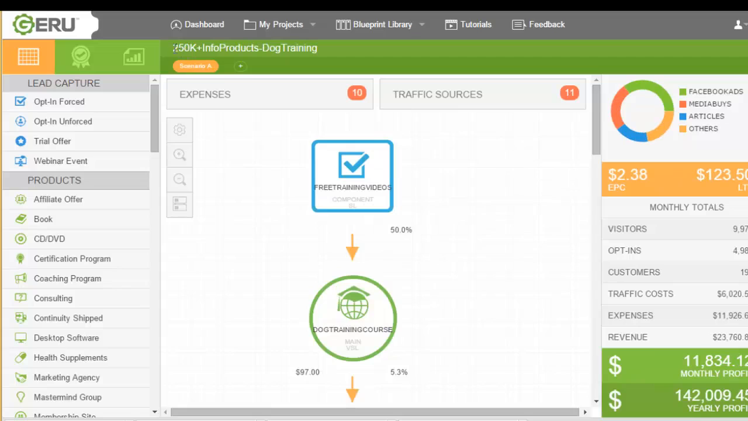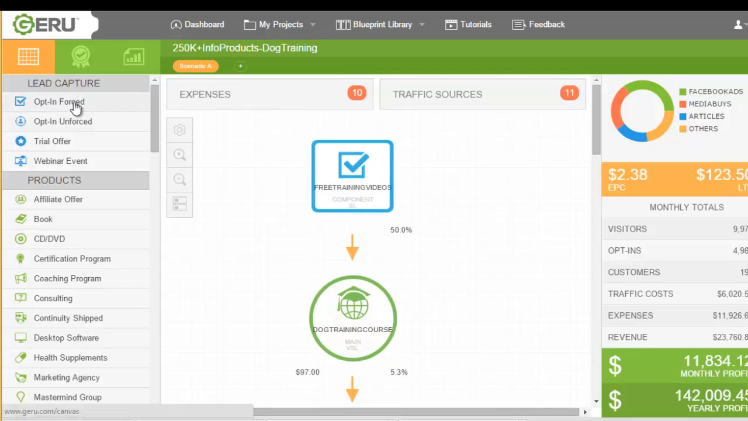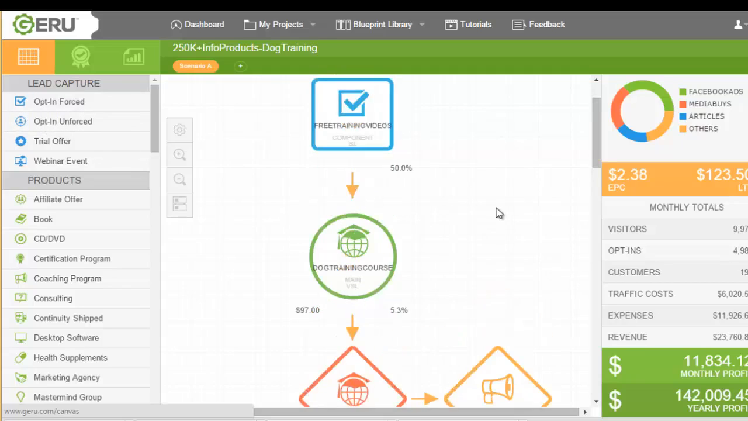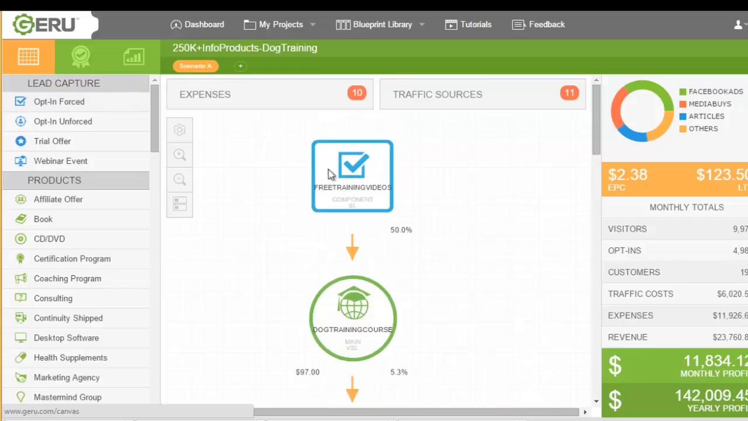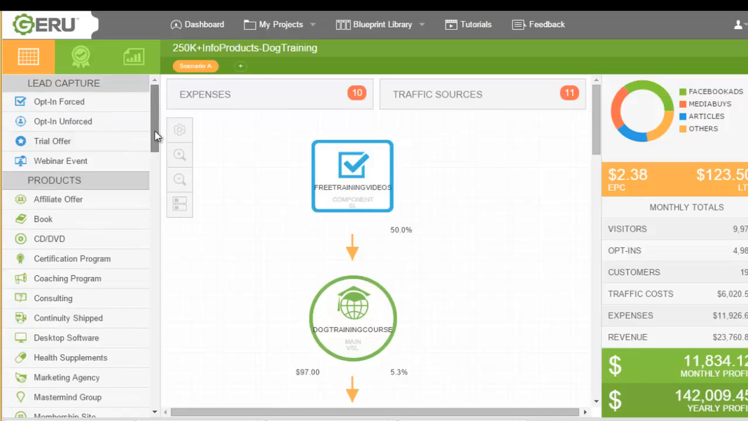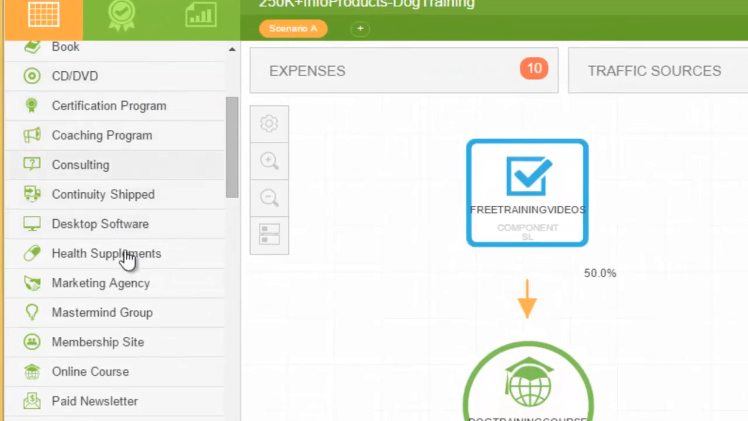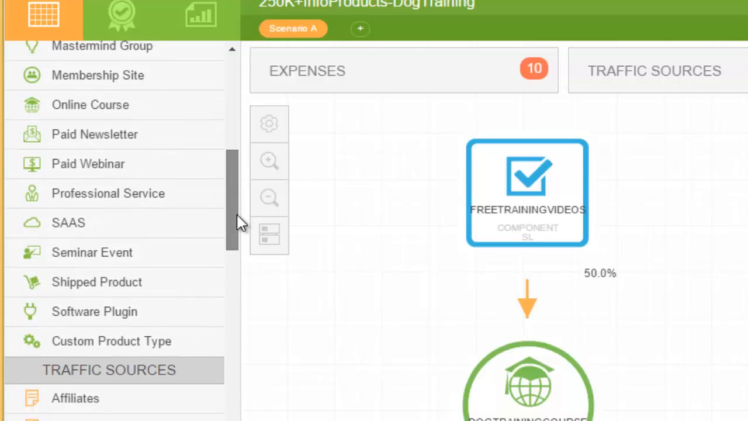This is a scenario of making $250K in a year. So here's the different components here. They have, and you can drag and drop them. For instance, you can have an opt-in unforced if you wanted, or a forced opt-in. In this case, they have the opt-in. So here's the different lead capture scenarios and a list of all different products, everything from some coaching programs, consulting, supplements, software, and things like that. So you can just drag and drop in your